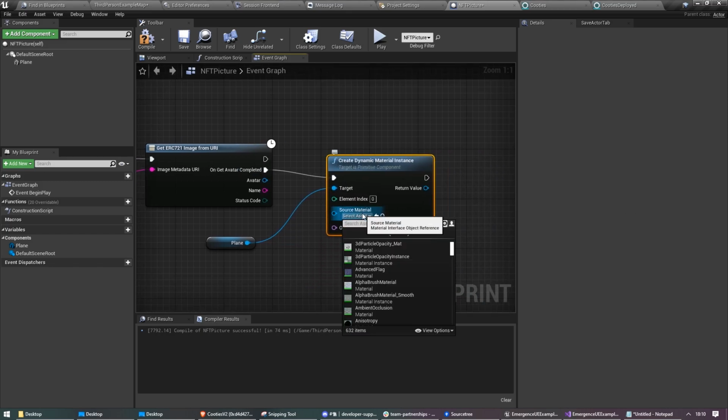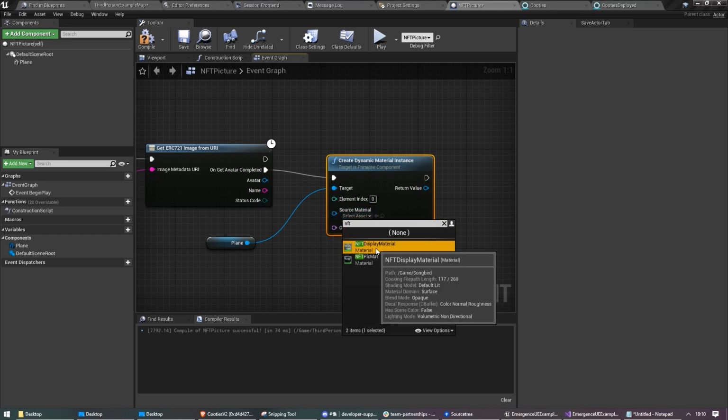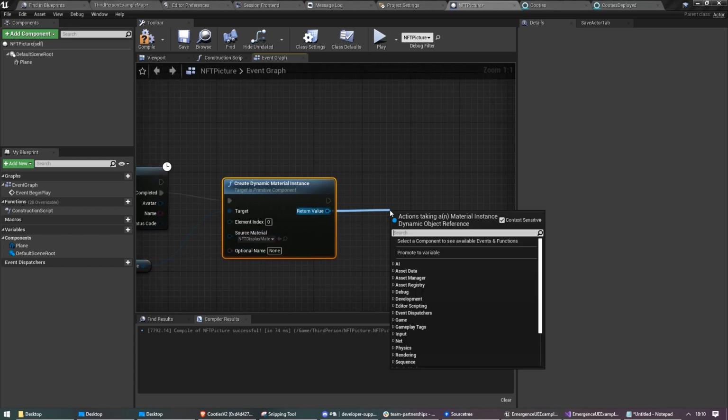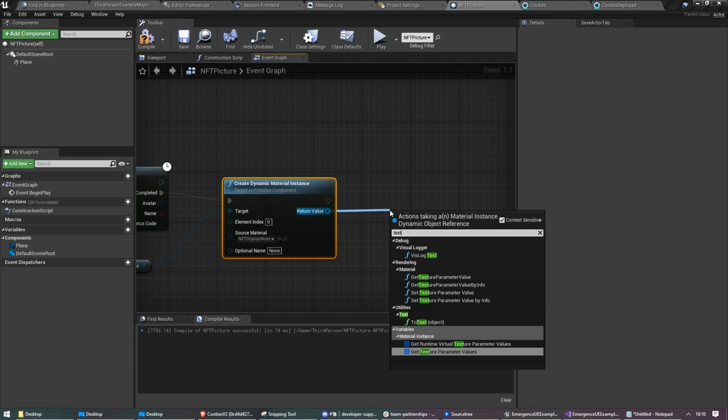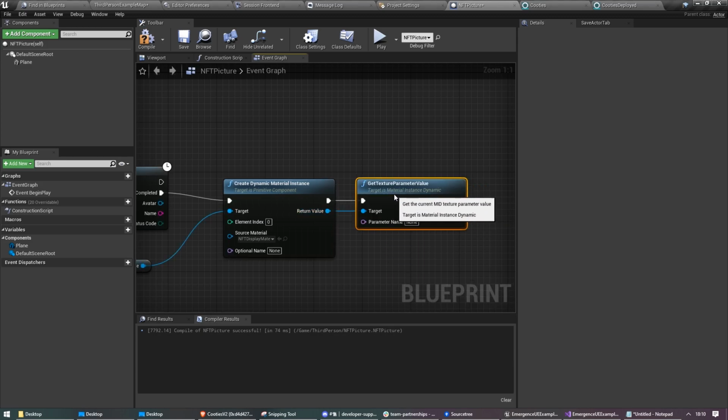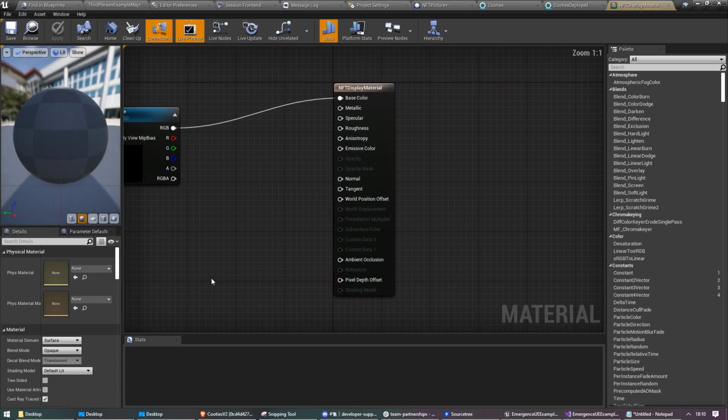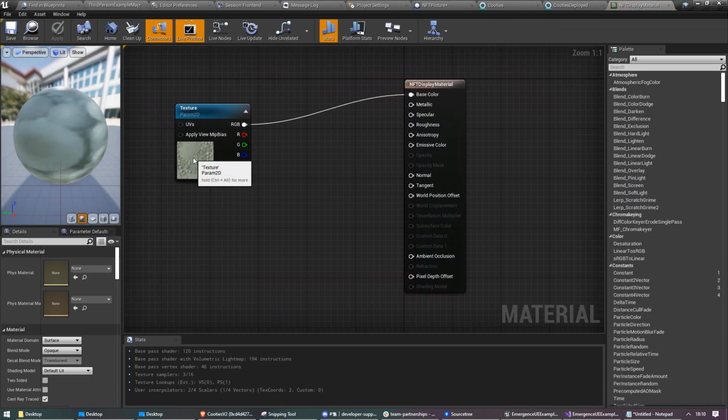So get our NFT display material, and then we want to set a texture parameter value, and obviously just type into the parameter name what you called it. So we called ours texture,